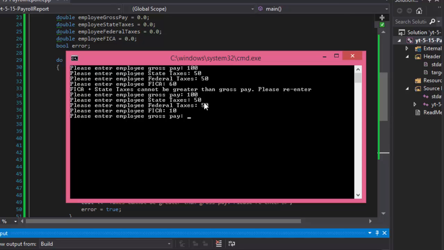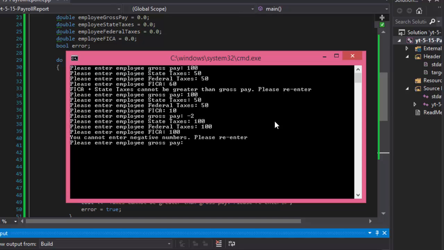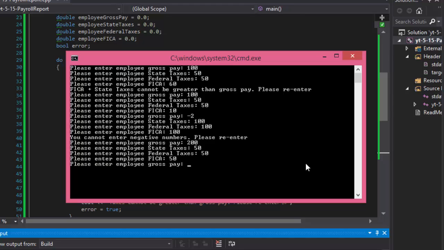10. So if everything's correct, it goes to the next employee. Let's say I'll do -2. I'll do taxes 100. It doesn't matter because it will already catch the negative number here, and here it is, you cannot enter negative numbers, so it's asking for the same employee. So this one will have $200, and let's say 50, 50, and 50, and it's asking for the next one, and I enter 0, and what's gonna happen is